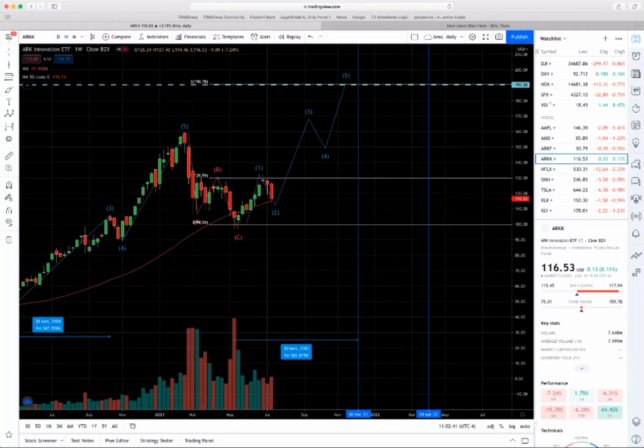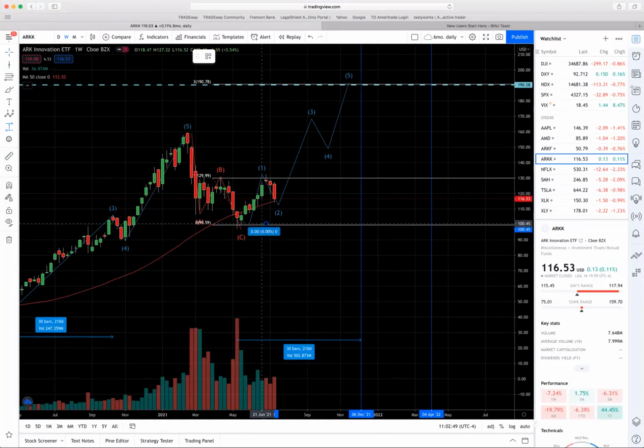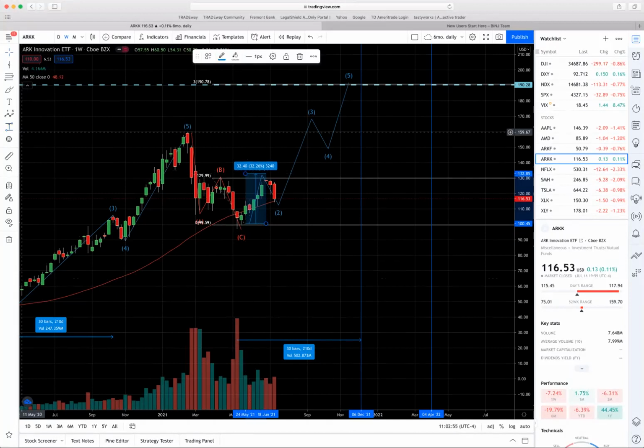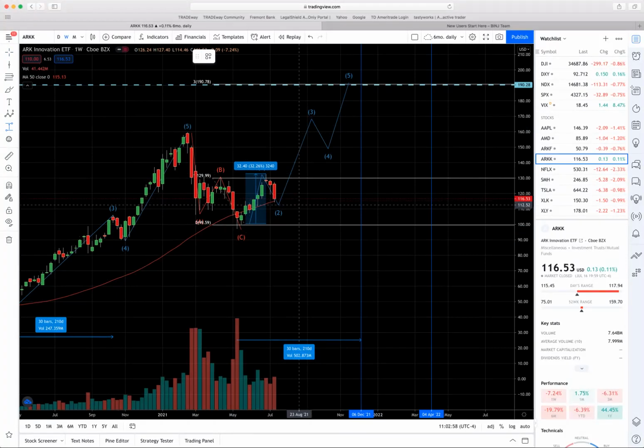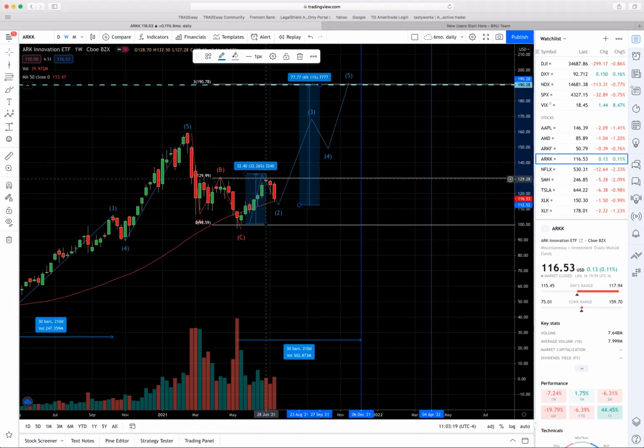Now, let's take it back and throw on those price ranges. Let's throw on the range in price and see what the percentage move is from 0 to 1. From 0 to 1, we have 32%. From 2 to 3, we need maybe 2 to 3 times that size. So that means we can go up at least 2 times, so we're going to go up to 60, 62 or whatever. Or look, that's definitely 2 times the size of that.